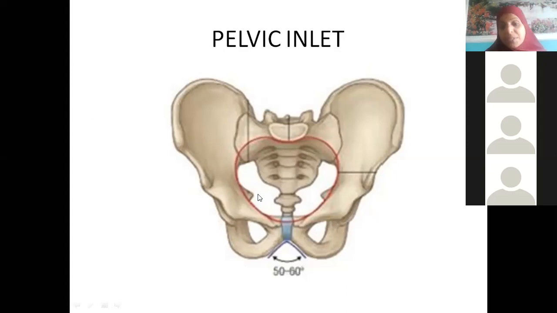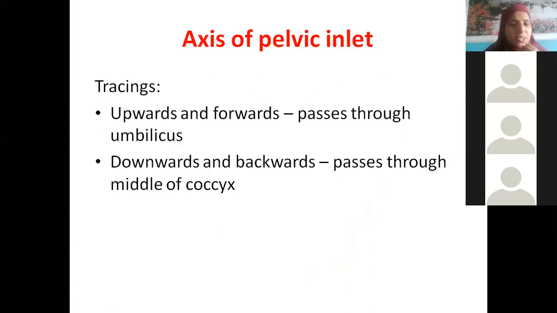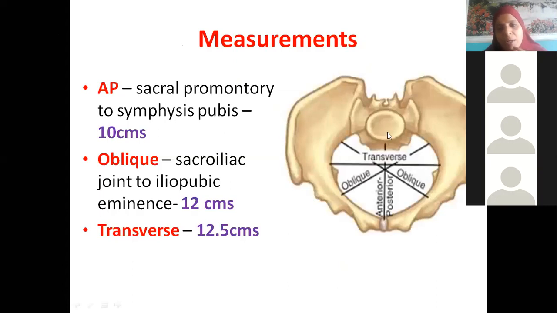Elective cesarean section, once she completes 32 to 34 weeks. The normal gestational period is 36 weeks. So once she completes her 32 weeks, we should check with scanning if everything is normal. Then we have to go for elective cesarean section. That's the reason we are checking all these dimensions. One is anteroposterior, from the sacral promontory to the pubic symphysis, measuring around 10 centimeters.